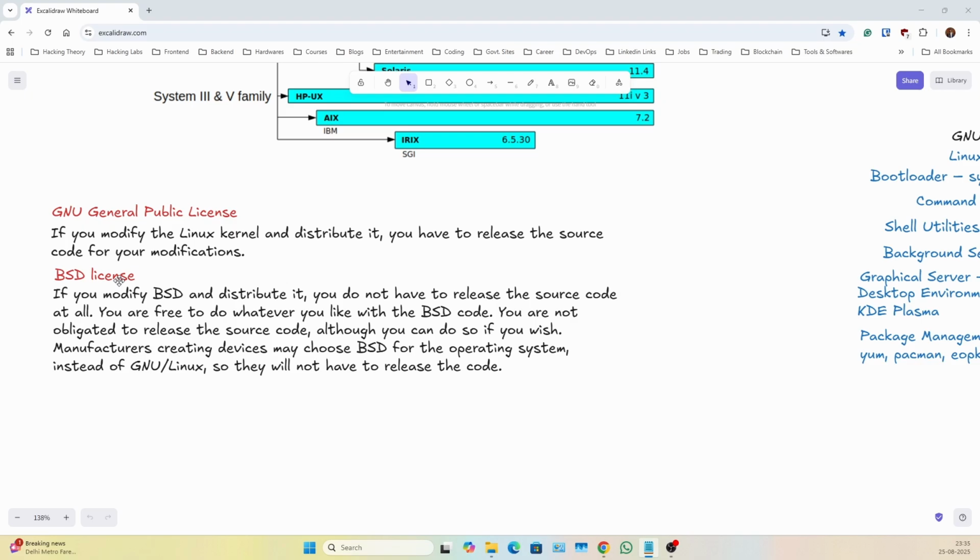What the BSD license means is that you can modify the whole source code, or anything you want to modify, but you are not obligated to release your source code. You can keep it private, that's your own wish. You get everything free, since they released it free, and then you can modify it and use it on your own, or republish it after modifying. So the main point is you get it free, you can modify it, and you may or may not release it according to your wish.